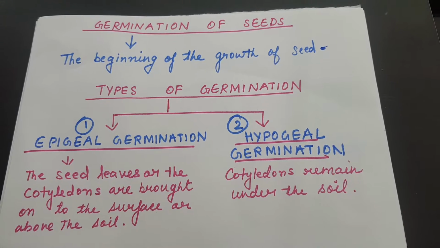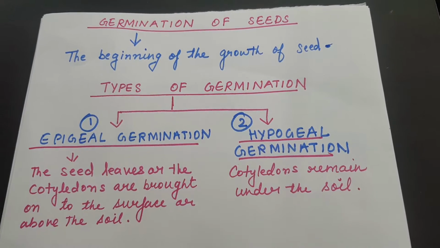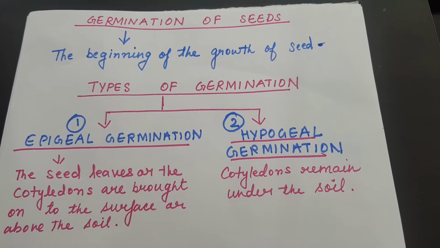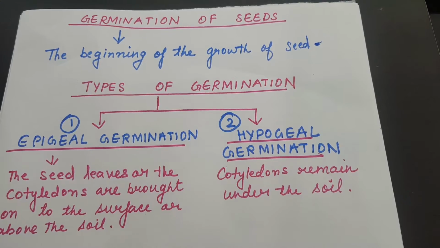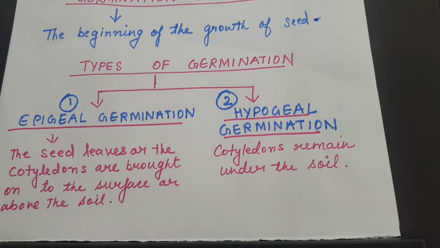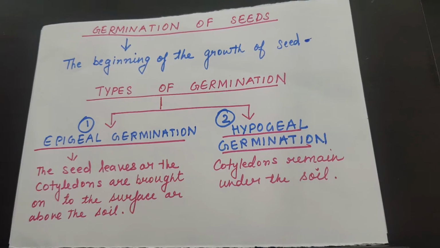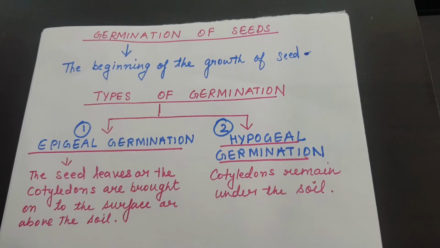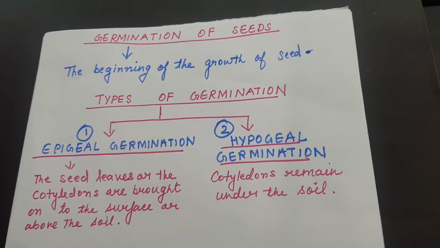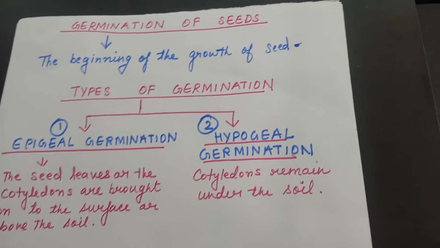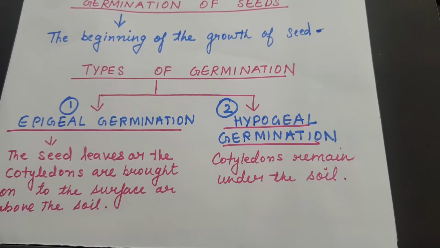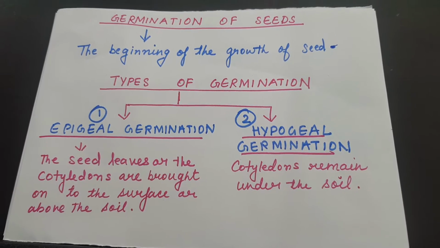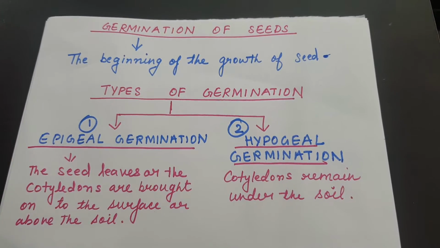The radicle of the seed, as shown in the previous diagram, grows to form root, and the root pushes down into the soil and begins to absorb water and minerals from the soil. After this, the plumule grows upward to form the shoot, and the shoot and the root grow further. When the shoot comes up above the ground, it develops green leaves, and then finally the green leaves prepare the food for the whole plant, and the seedling grows gradually and ultimately becomes a new plant.